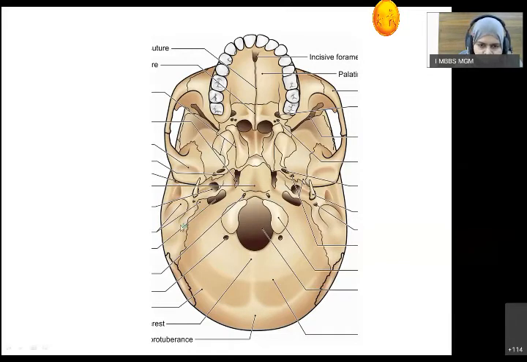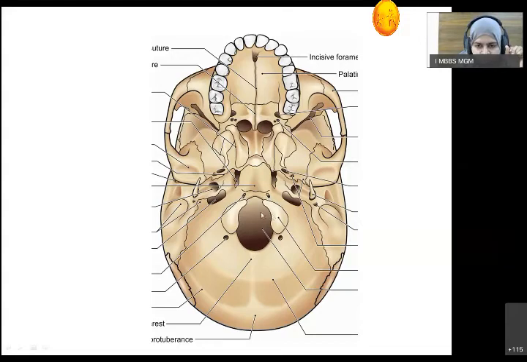Whereas in the lateral part, there is the squamous part of the temporal bone and the petrous part of the temporal bone. Here is the tympanic part of the temporal bone, which is known as the tympanic plate, and the mastoid part. So these are the structures seen in the lateral portion, including the middle and the posterior area.